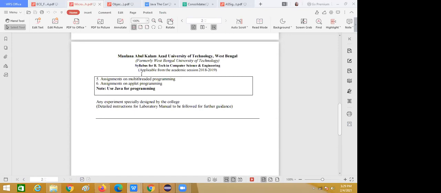Ma'am, multitasking means when the CPU performs multiple tasks. And multi-threading means multiple processes execution, to execute multiple processes.